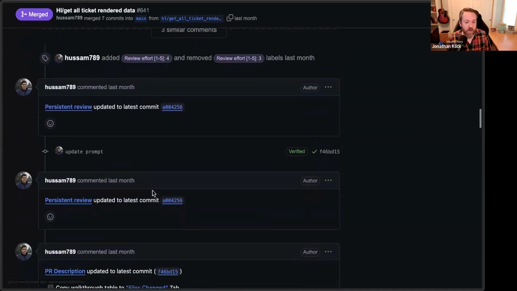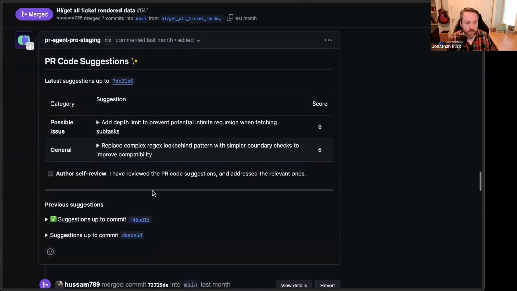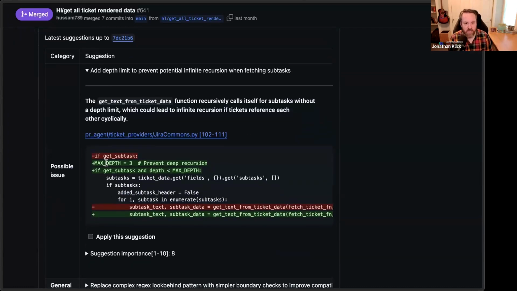The last thing I'm going to note, which is another default function in here, is actually code suggestions. So these code suggestions, by the way, are more directed towards the PR author. They are things that as a code reviewer you could look at, but these are more like, again, for the PR author, kind of like an early, automated code review, if you will, where we'll actually point out possible issues. We'll score them from 1 to 10. And if I go ahead and expand this out, it actually gives me the exact code that I might even use to remediate such a situation.